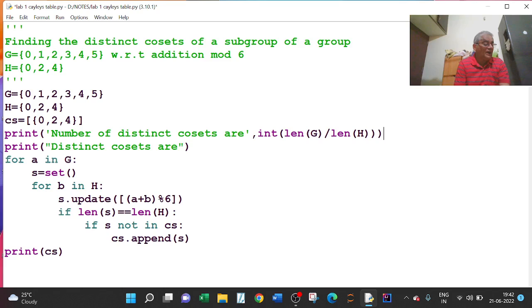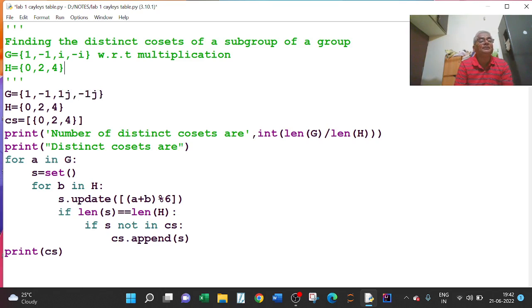Next I will go to another example: fourth roots of unity, 1, minus 1, i, minus i, with respect to multiplication. So here I have to change G. G equals 1, minus 1, i, which in Python is 1j, minus 1j.